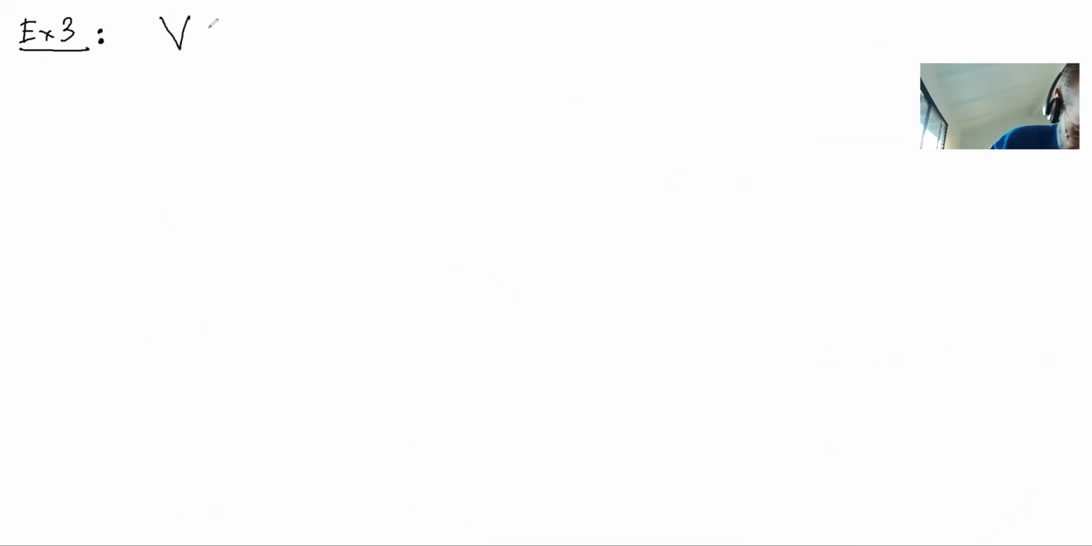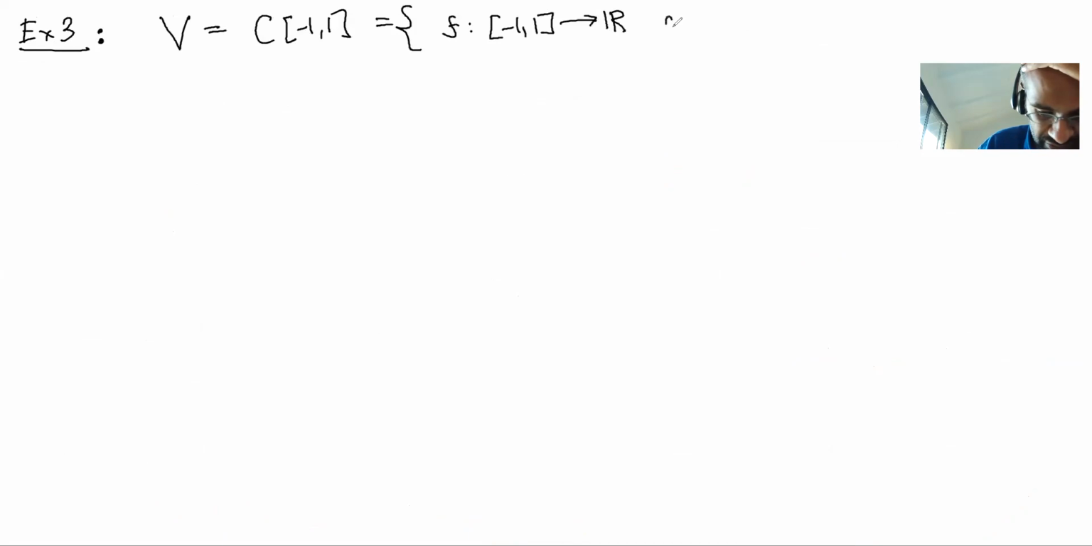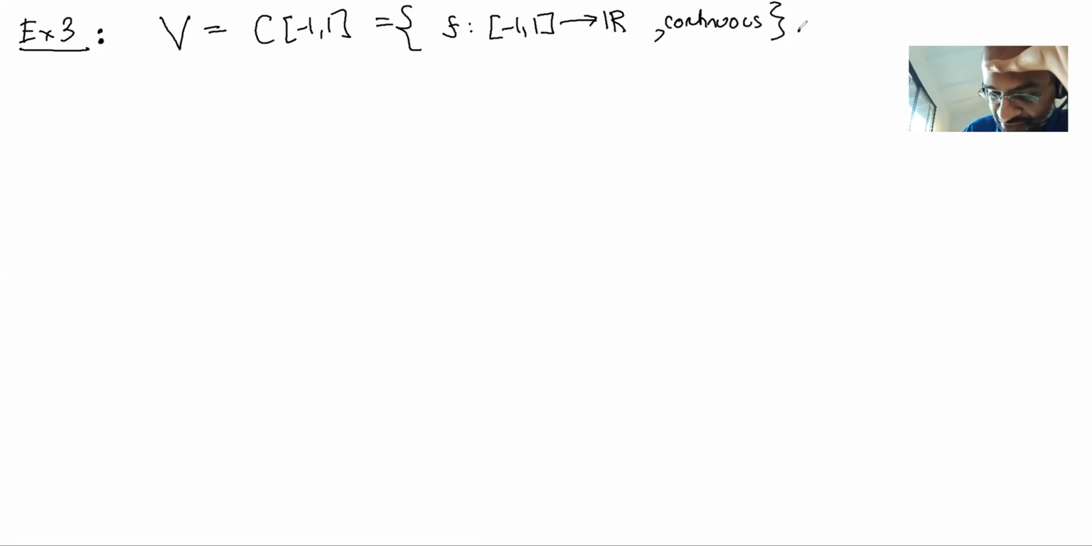So let V be C[-1, 1]. This is the vector space of functions from the interval [-1, 1] to R which are continuous. That's a legit vector space. You can add and scale those, right? And now we're going to define an inner product. Let's define the inner product of two functions f and g to be the integral from -1 to 1